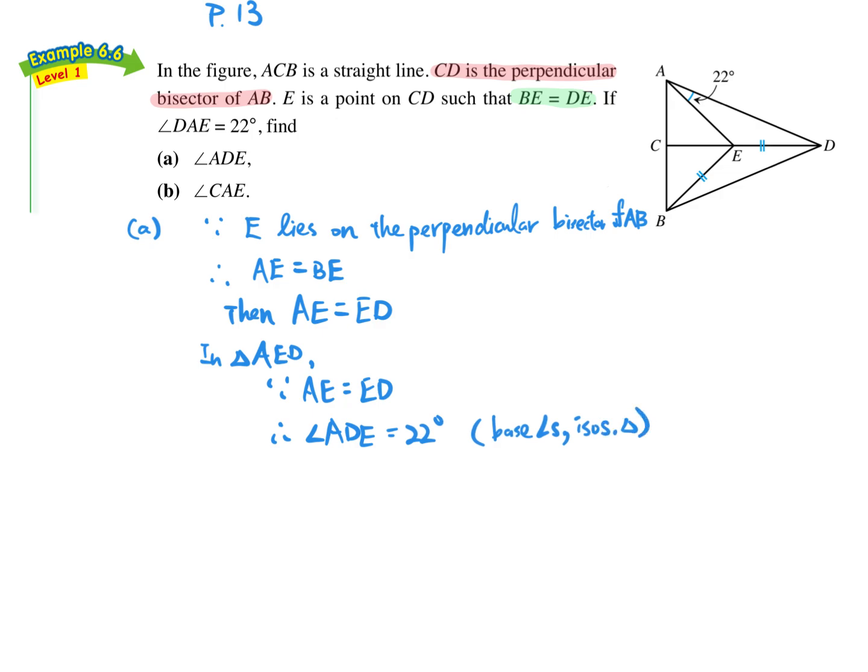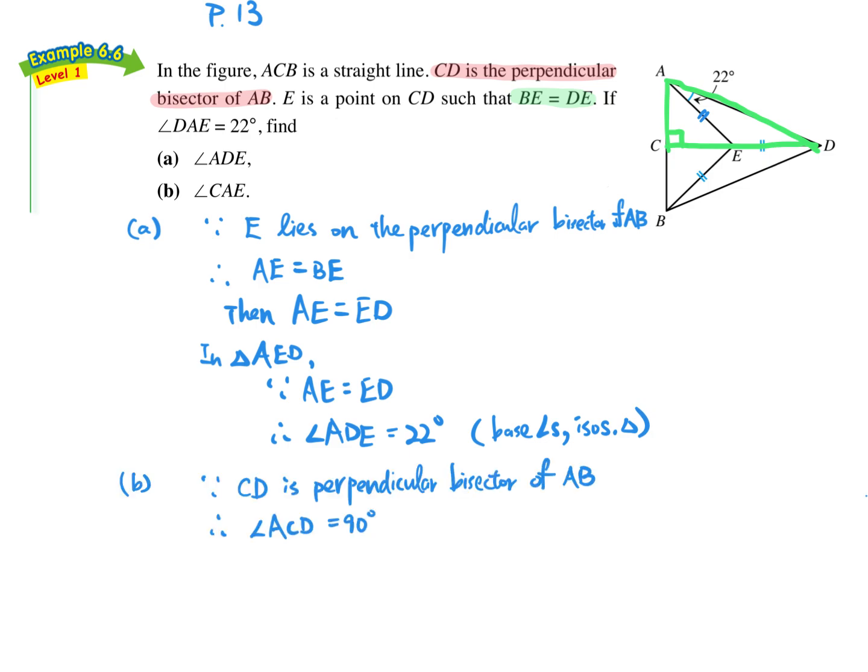And in part B, we consider the triangle ACD. And this angle is 90 degrees because it is the perpendicular bisector. And then in triangle ACD, angle CAE equals